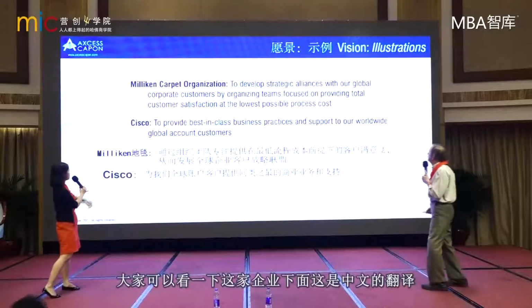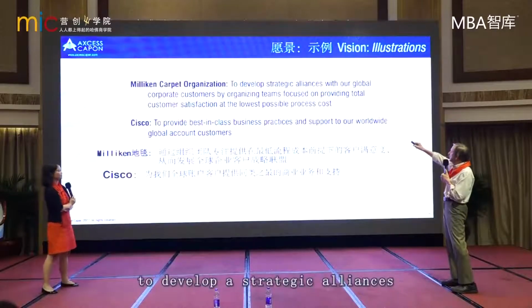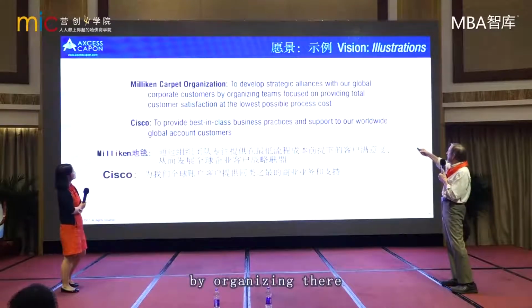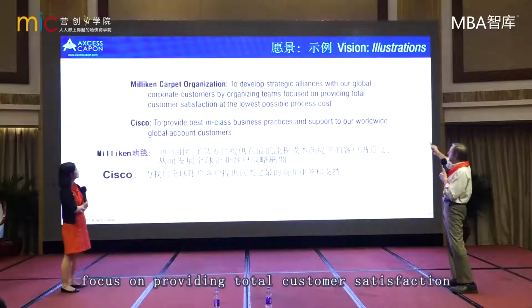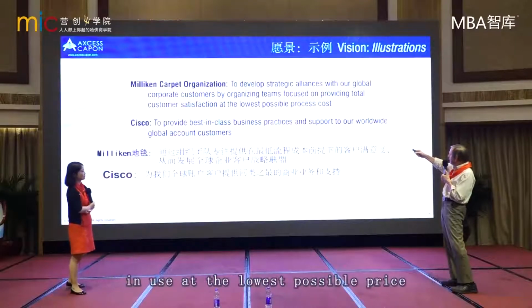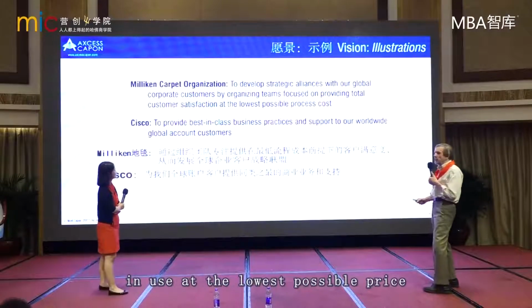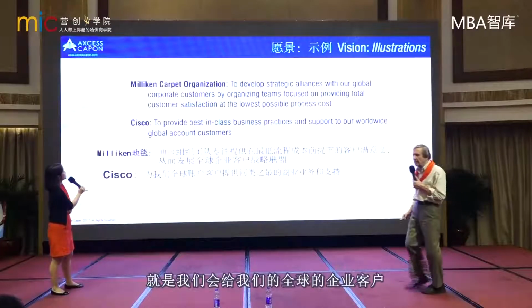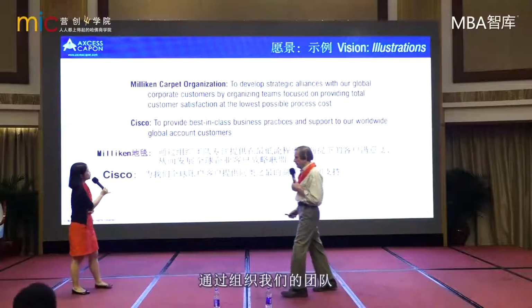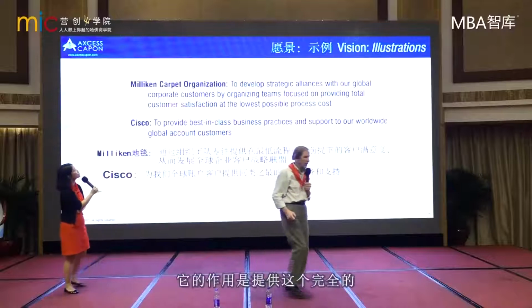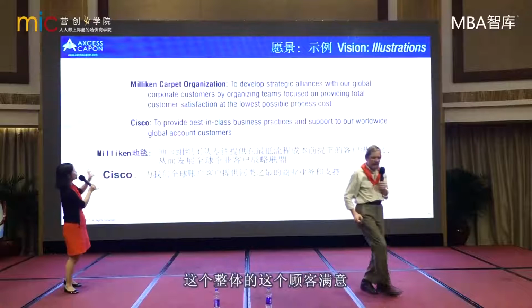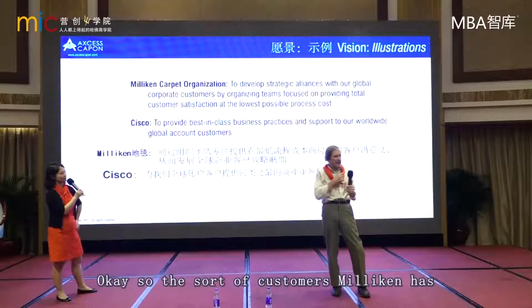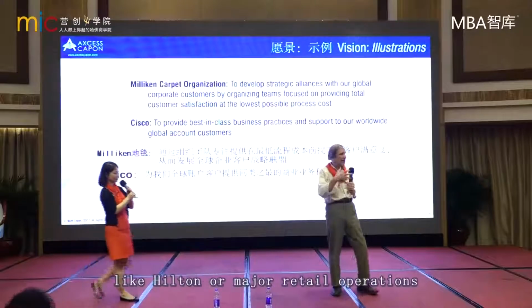大家可以看一下这家企业，下面这是中文的翻译。Okay, so what they say they want to do is to develop strategic alliances with their global corporate customers by organizing their focus on providing total customer satisfaction at the lowest possible price. 这家公司呢，它是这样表达它的愿景的，就是我们会给我们的全球的企业客户形成这样的一个战略的联盟关系，通过组织我们的团队。组织我们的团队呢，它的作用是提供这个完全的这个整体的这个顾客满意，而且是以最低的成本。大家能明白这句话的意思吗？